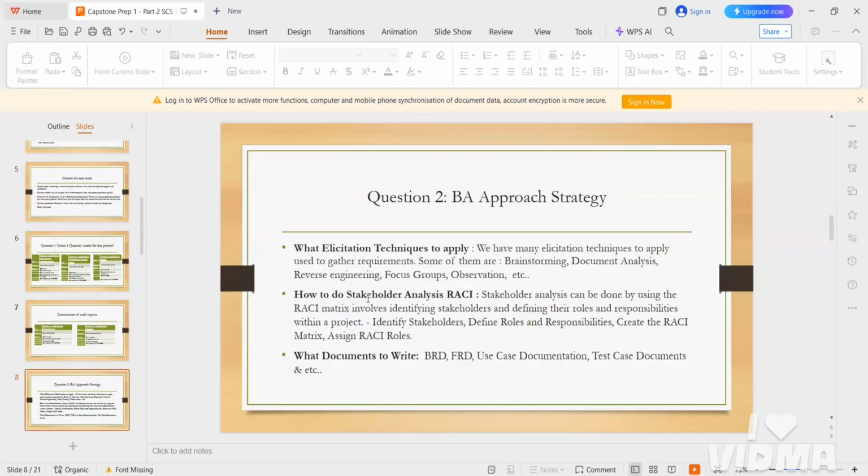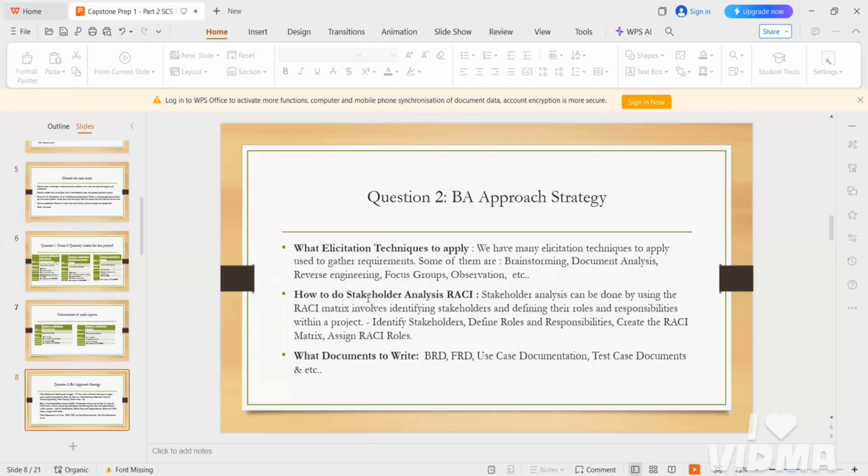The first thing is for requirement gathering: as a business analyst you need to use elicitation techniques. For the requirement gathering phase, these techniques include brainstorming, document analysis, reverse engineering, focus groups, etc.